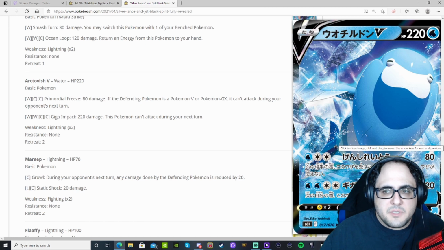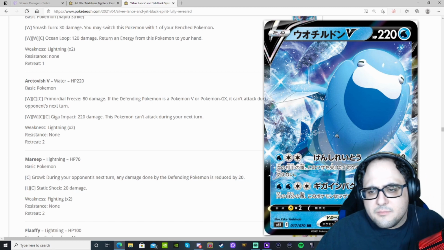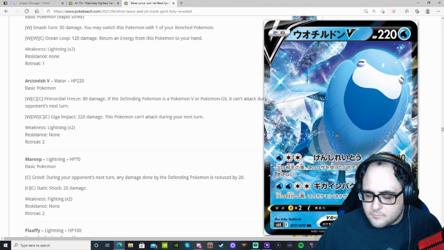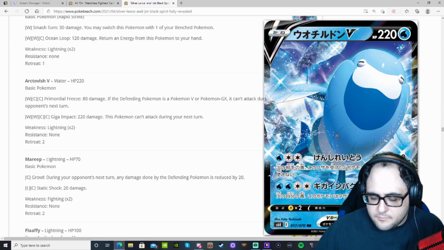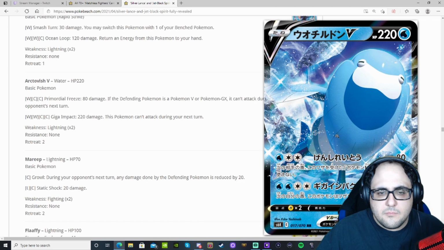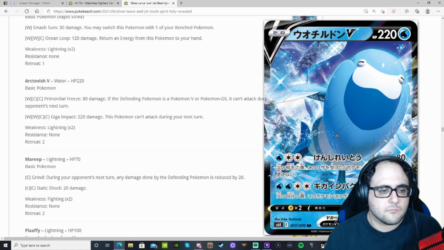There's better water Pokemon in my opinion. I don't see this being played. Yeah, it's a pass. If it's a V or GX, it can't attack. Okay, cool. They retreat. They switch. It doesn't matter at that point. Giga Impact 220. I mean, for the same amount of energy, Lapras V can do 210 and protect that energy and put it back in your hand. Ice Rider, better call. Maybe if you're trying to play around the metal weakness on some other water decks, maybe